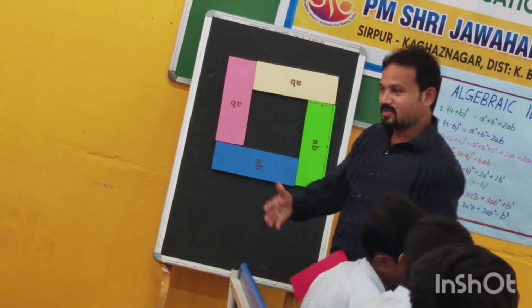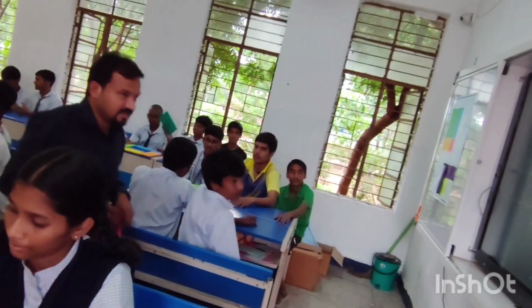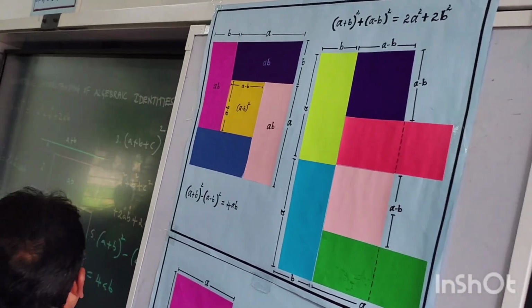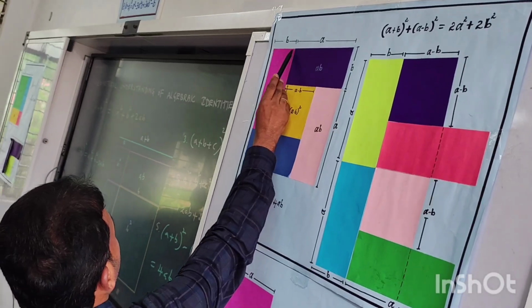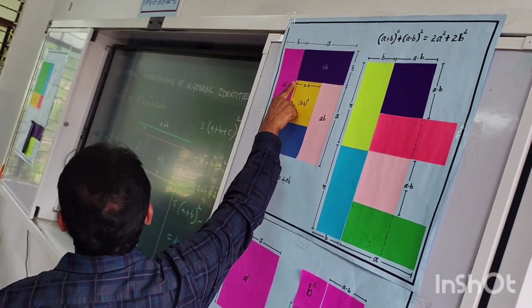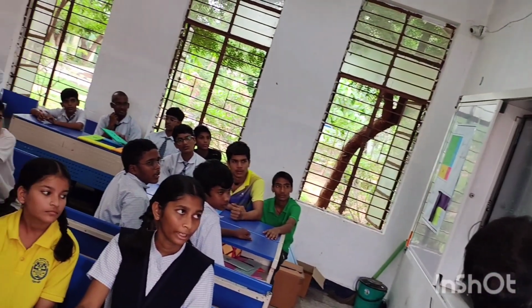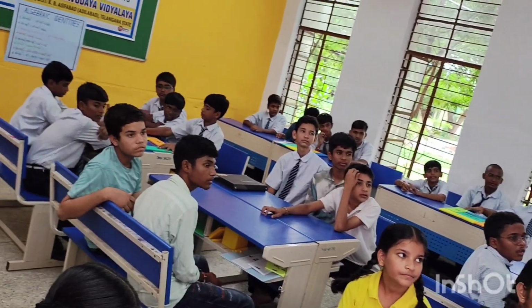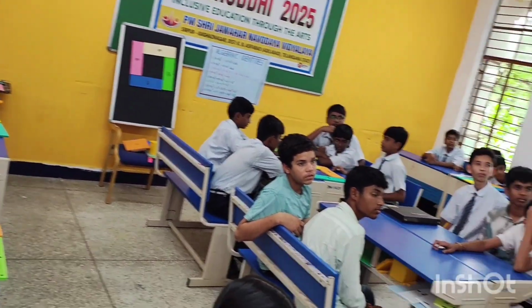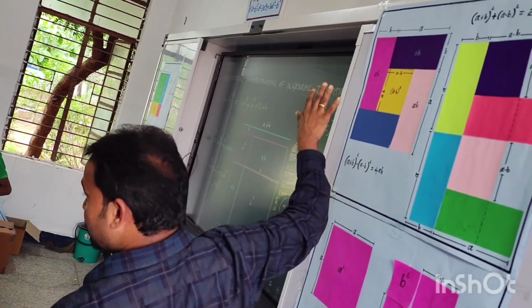So you can also see, we also have one here. See this one. My dear students, once pay attention here. This is what? From here to here it is B. This is B. This B plus A minus B, B plus A minus B, plus B. So it is A plus B length. Same A plus B. Okay. So its area is A plus B whole square.